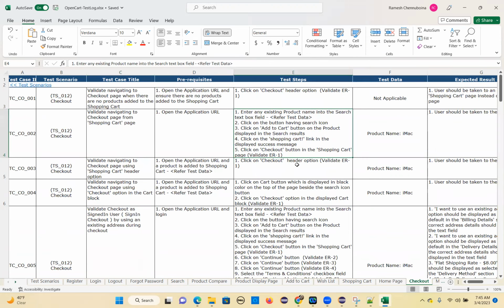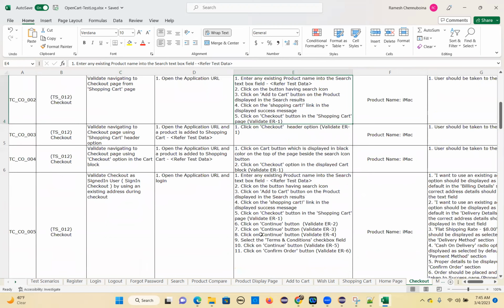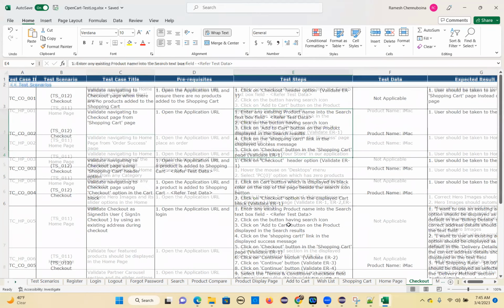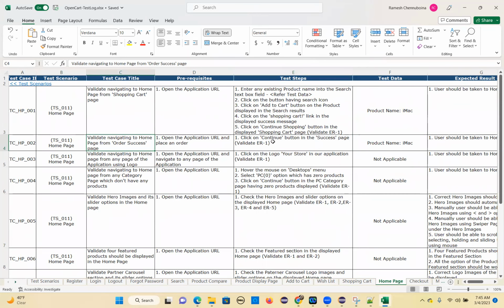Here checkout is there, right? The checkout they mentioned already, all these steps. See, they mentioned already. So you have to already know these steps, then only can you perform those actions. See, checkout header, this one. And all these steps, one by one, if you execute them, you will come to know this. And then this